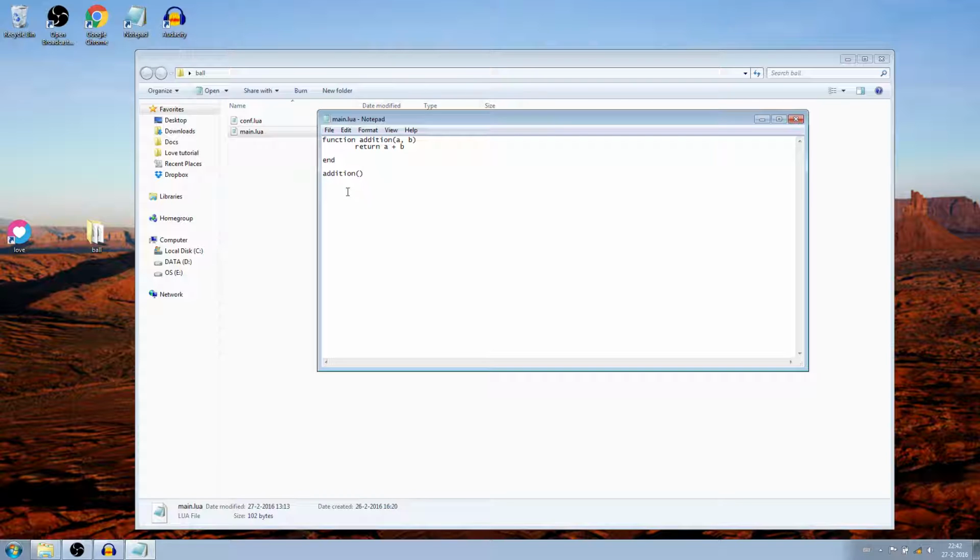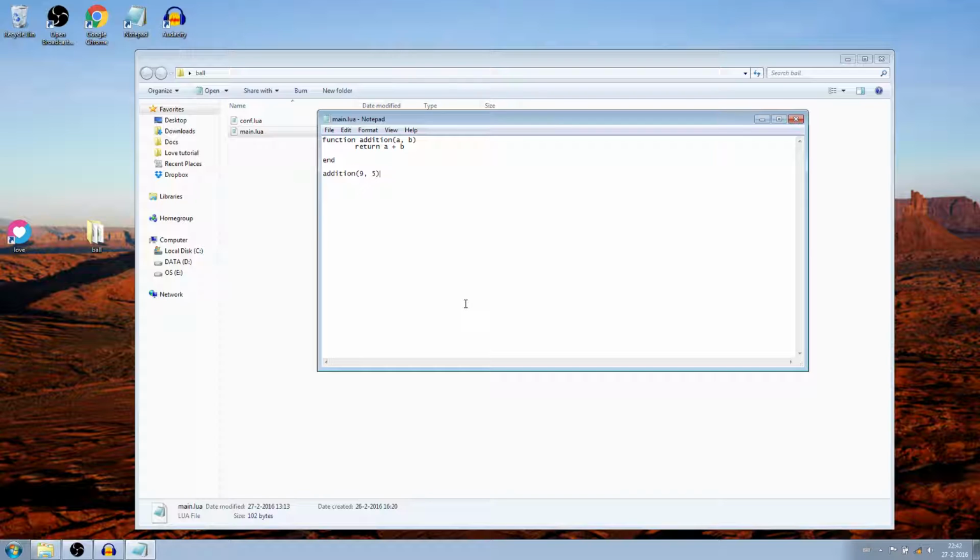Inside the parentheses we have to give values to the parameters. One for a and one for b. I'm going to give the values 9 and 5. When we use a function, we say that we call the function. This is a function call. The values we give the function, in this case 9 and 5, are what we call arguments.